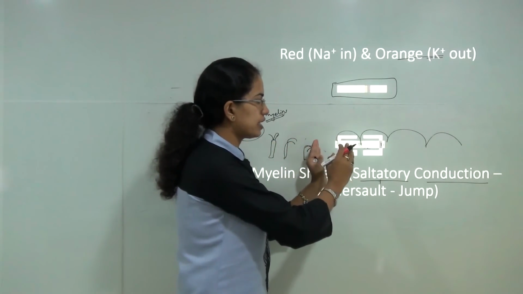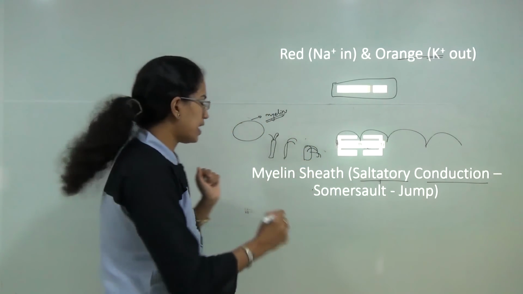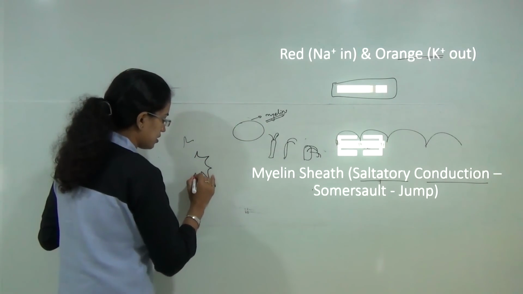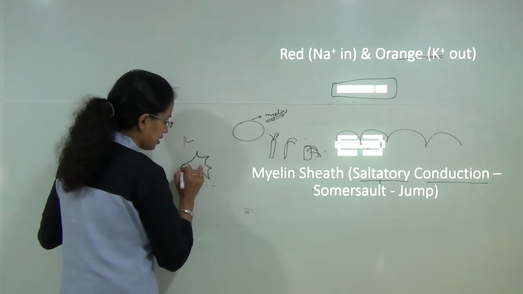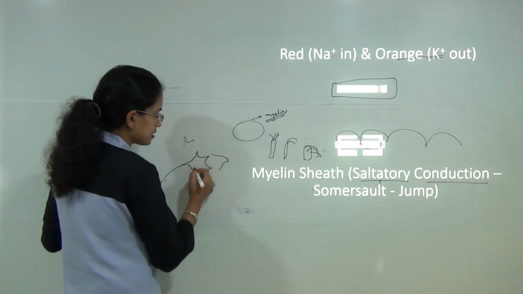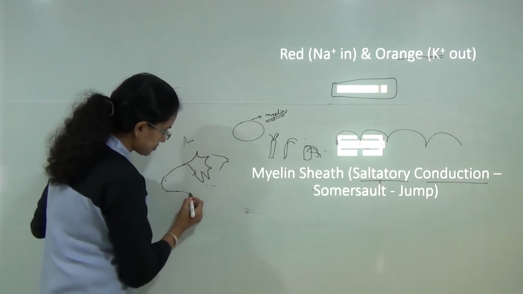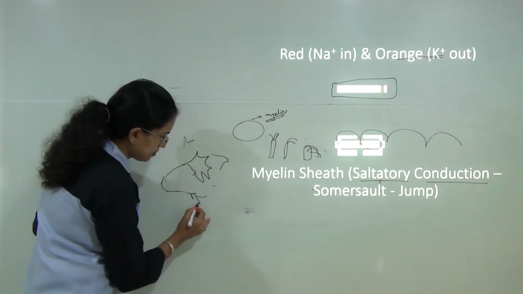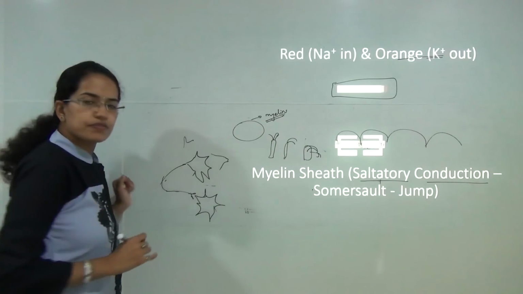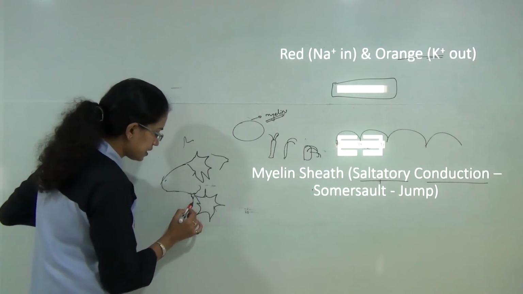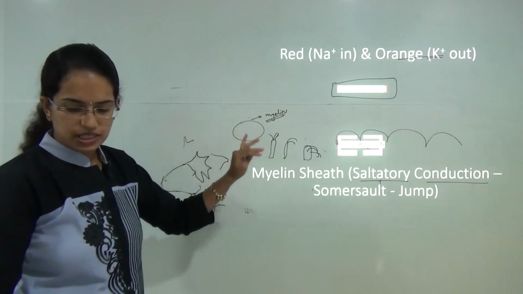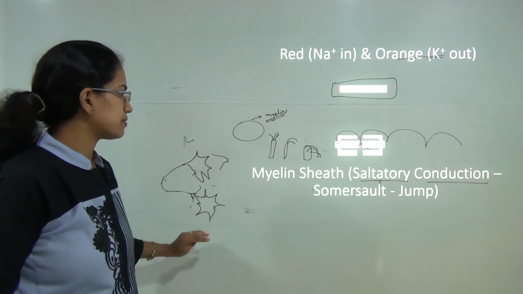Now once we are clear with how the nerve impulse passes, let's say I have the structure of neuron that's here, and you have the next neuron with its dendrites here. So the axon of one neuron would merge with the dendrites of another neuron, and between that you would have a gap which is known as synaptic cleft. We'll see how that works when we talk about the postsynaptic cleft.